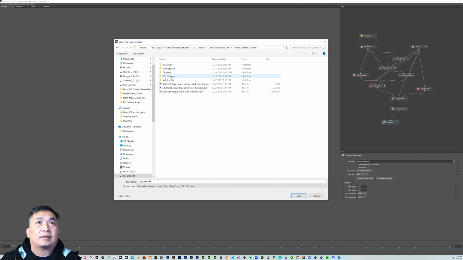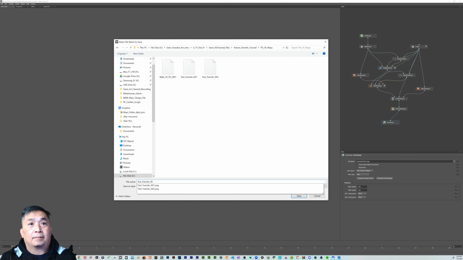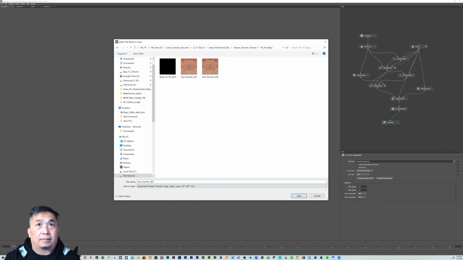Okay, so we're going to do a text transfer 3. Those are the previous ones I did a test on, but we're going to do a text transfer 3, and then .png, save it,